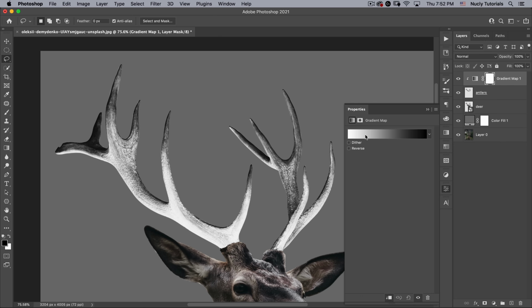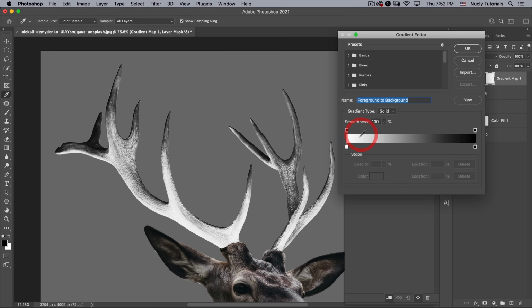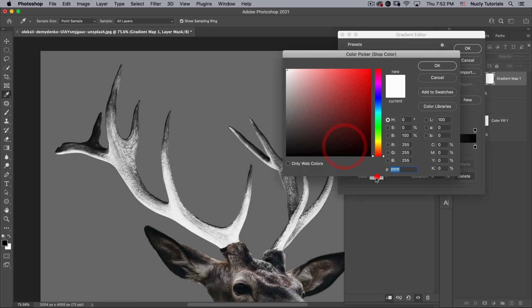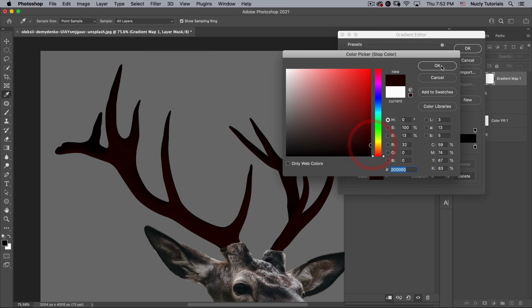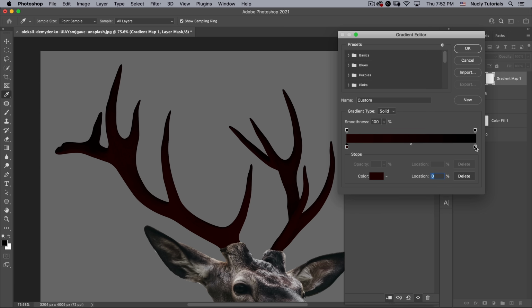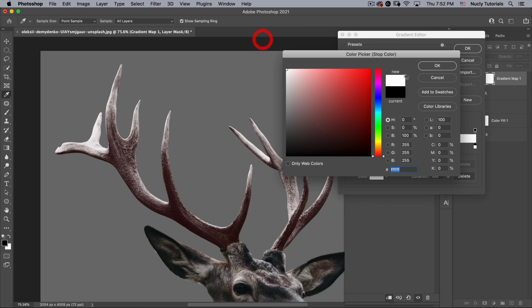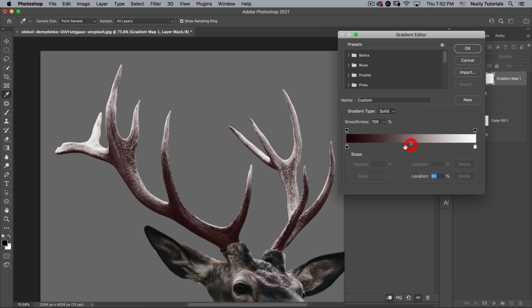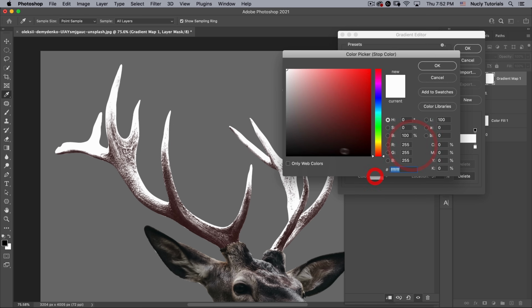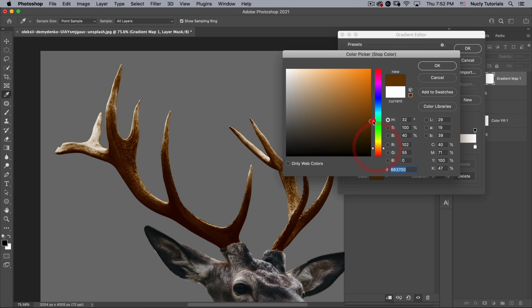Now the way a gradient map works, it assigns the left color to the darks and the right color to the lights. So I'm going to go in here, and for my dark color I want a dark red like this, and then for my light color I want white, and then in between here I want a hot kind of golden color, so something like this,